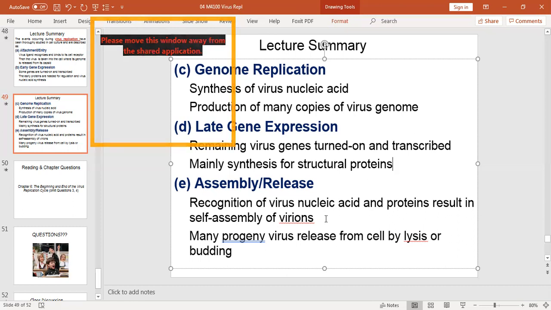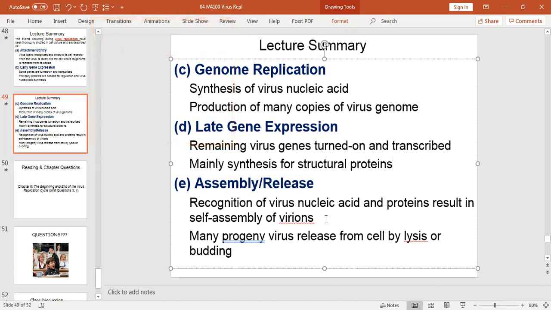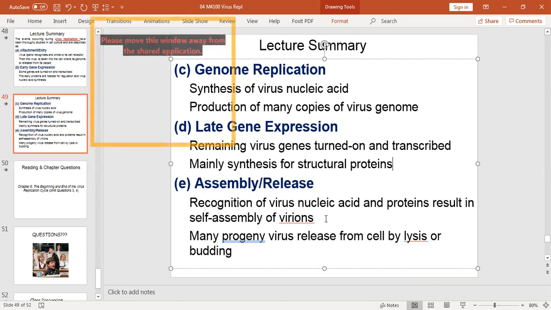So we have viral proteins being made, viral nucleic acid is being made. We have many copies of viral nucleic acid, lots of capsid proteins. They assemble through specific recognition of virus nucleic acid and its proteins, self-assembly, and the formation of viral particles or virions. These are new viruses or progeny viruses that will be released from the host cell